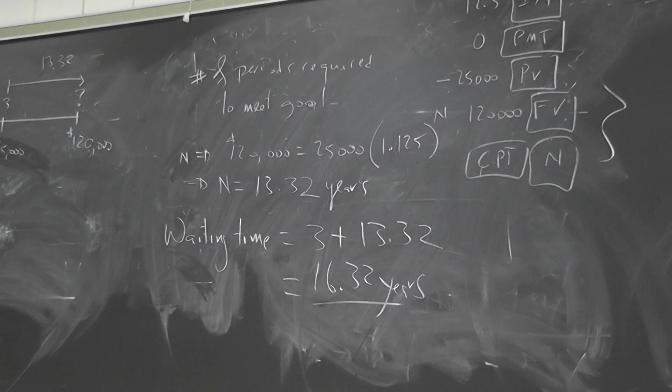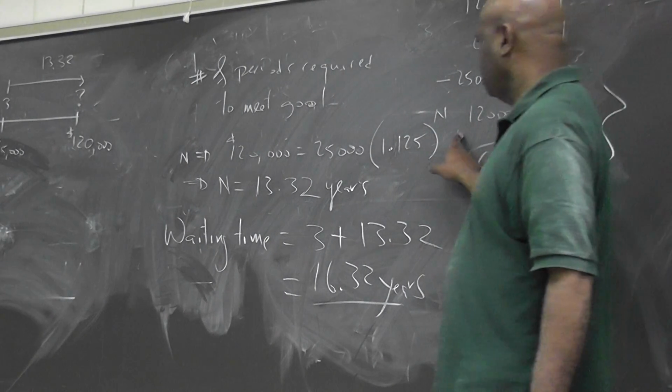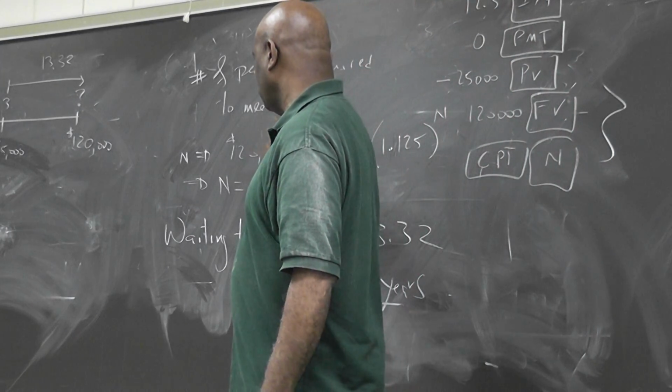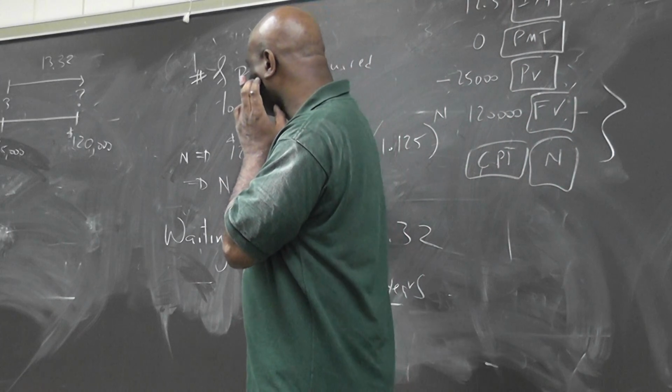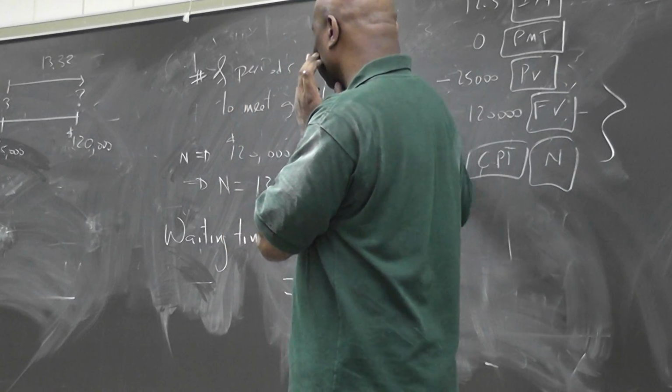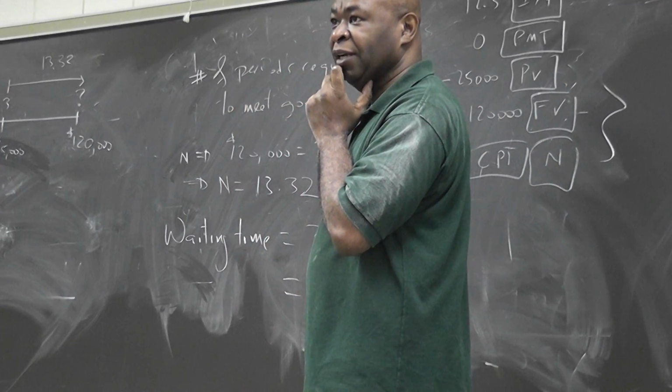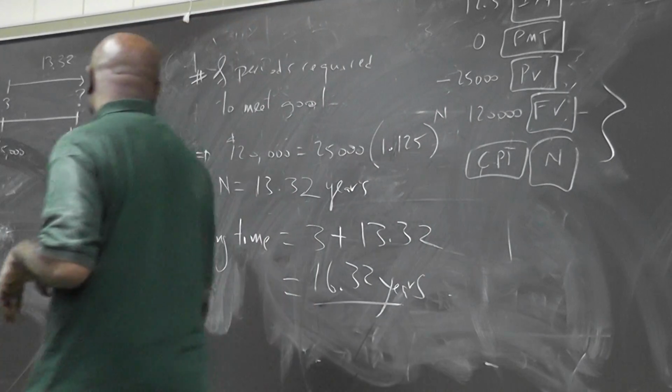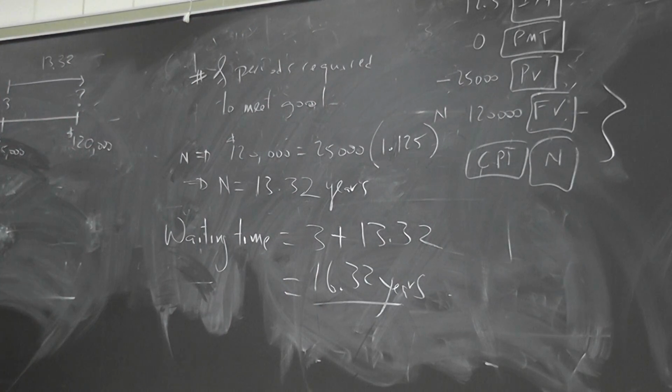Do we have to put the numbers and the future value formula, or can we just put it like that, the way you just wrote it up there? Well, I said in class that you could write this and then solve for n using a financial calculator. Or you could also use the n is also the ln